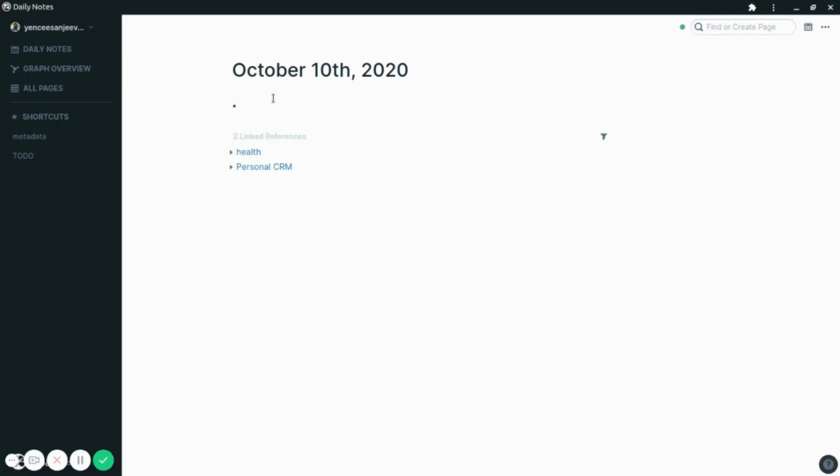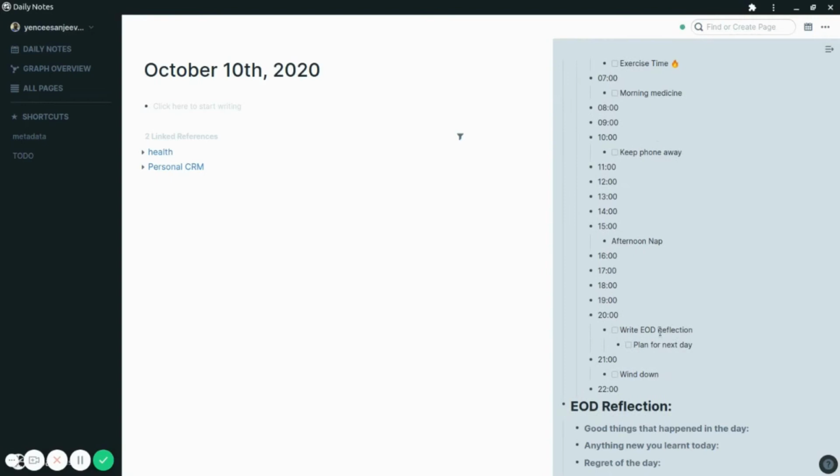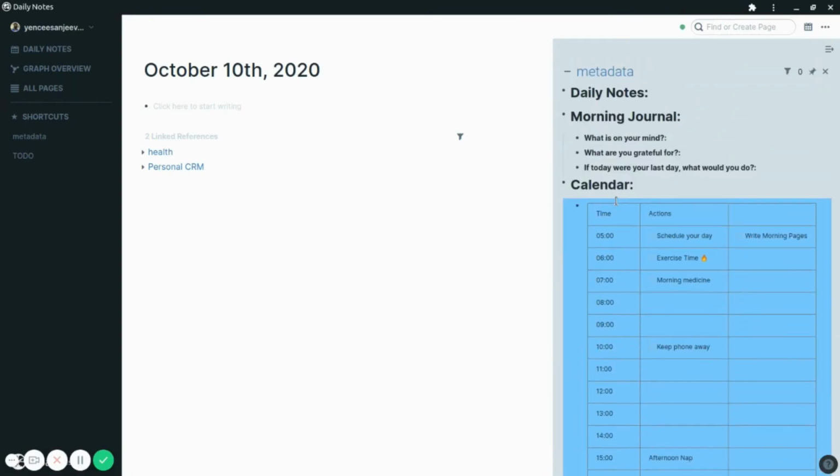For starters, I prefer having everything in a single place. With Roam Research, it already replaced my writing app and to-do list app, so why can't it do the same for the calendar? Turns out it can. Building this calendar itself is pretty straightforward. It's the default table function. So you can just start out a table like this and start building out the time and the day and add tasks in between. Of course, you don't want to be doing this every day. So I have a version created in the metadata. So every day I just go in here and I copy this entire thing and paste it.